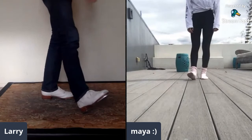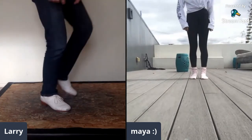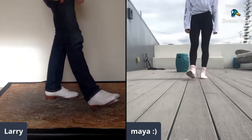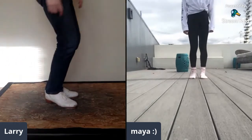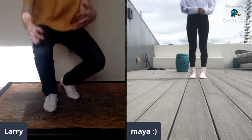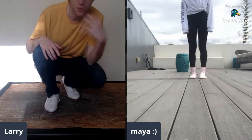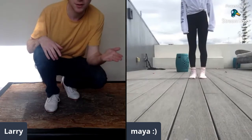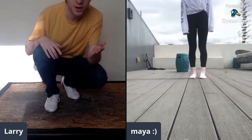heel, dig, brush, step, heel, dig, brush, step. And the amazing thing about this step is that it's really a backbone for a lot of things that people like to do. It's great when you're improvising to just have a nice steady rhythm. It's also great to make more